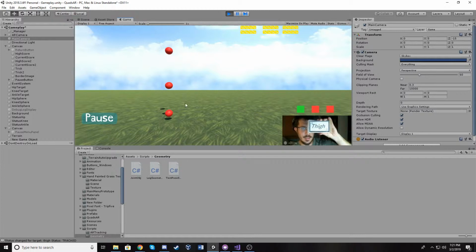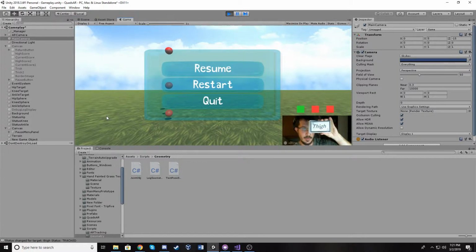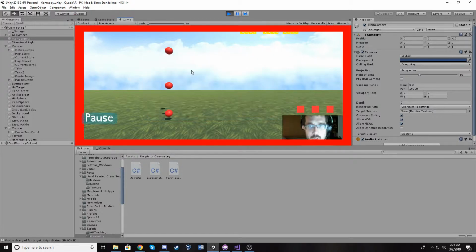Alright, so I'm going to go ahead and pause real quick. Now you can see that the AR camera viewport and everything else has totally been paused. And then if I resume, Vuforia is going to reinitialize. It's going to correctly reassess that there's no target on screen, and put the red border up and change the